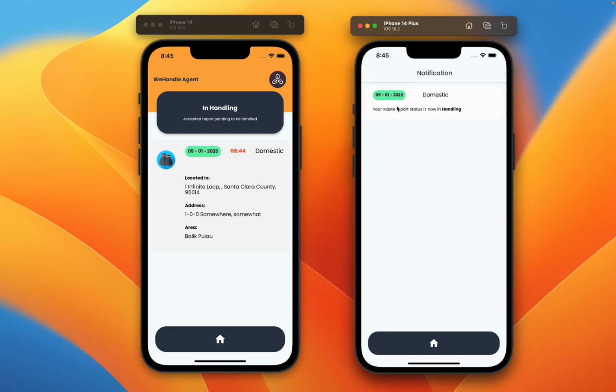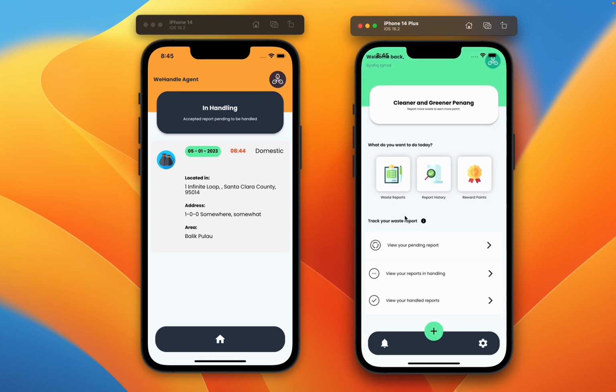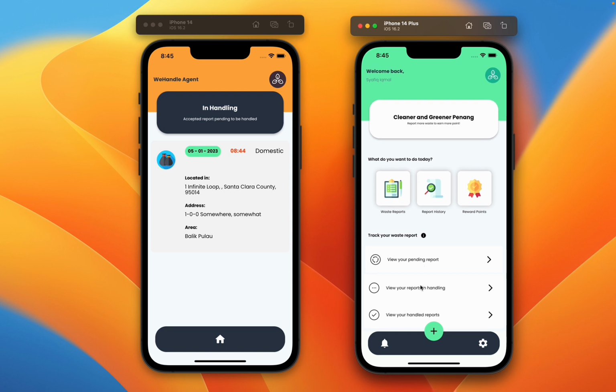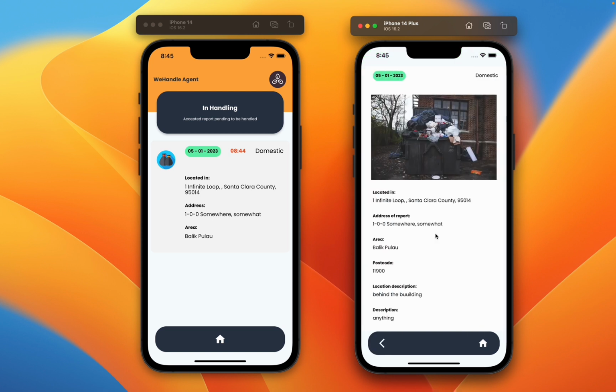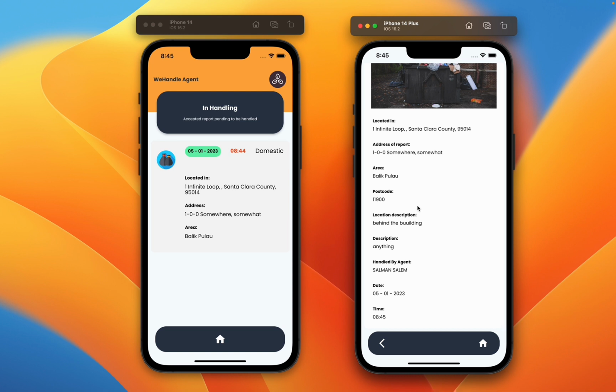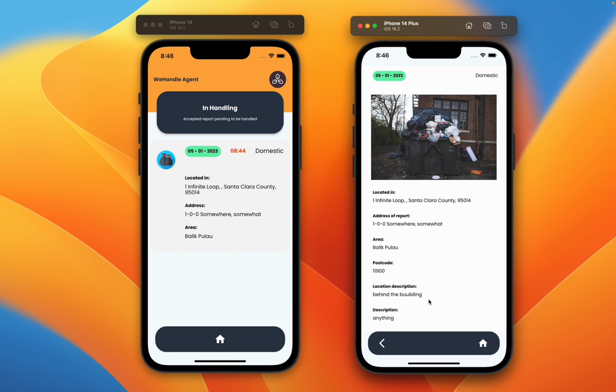the user will receive a notification that their waste report is now in handling. So when they know that the waste report is now in handling, they can view the report in the in handling page, where they can also click on the report, and then the report will include the agent name as well as the date and time of accept. So the user can wait for the process,